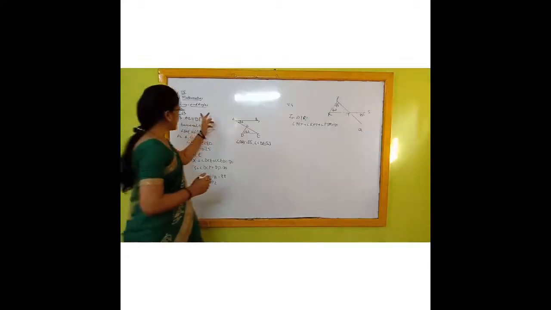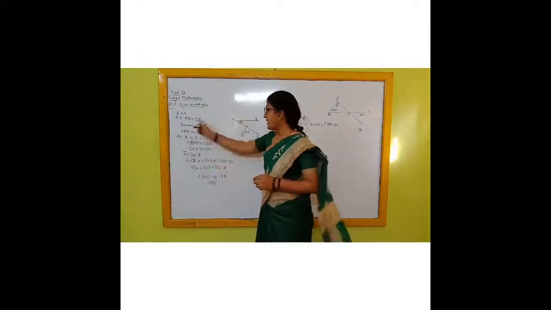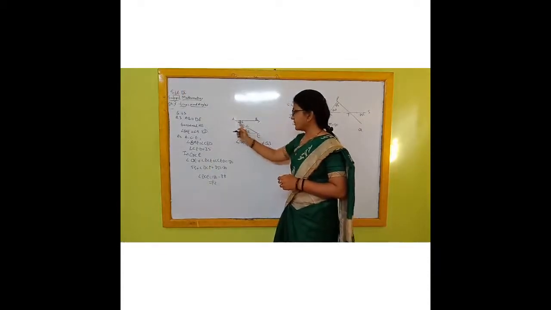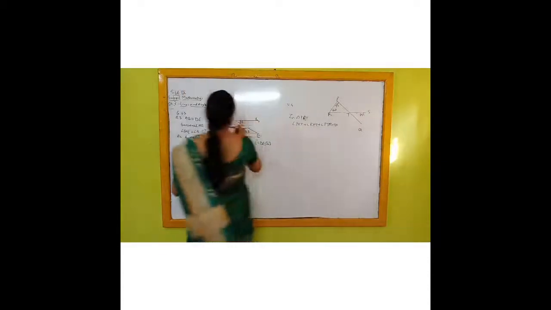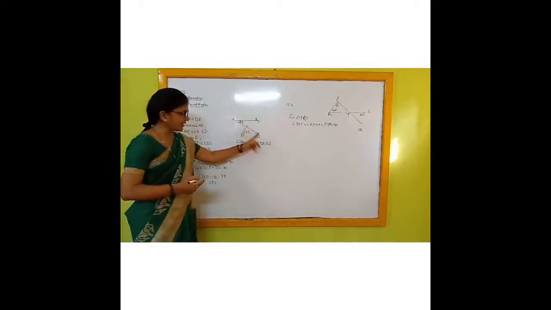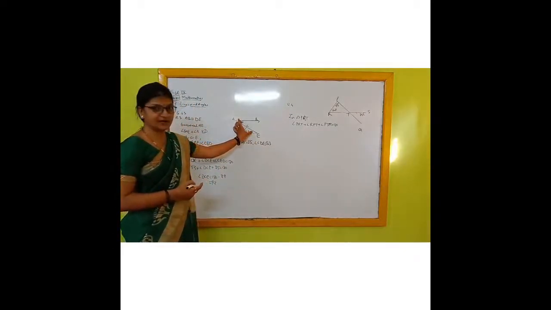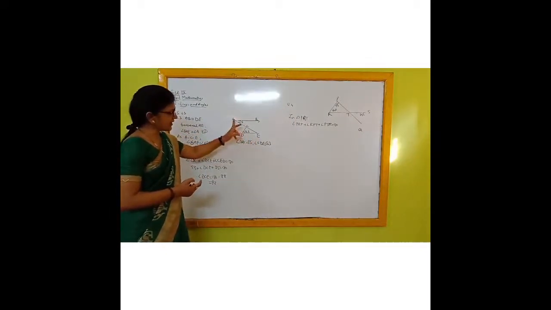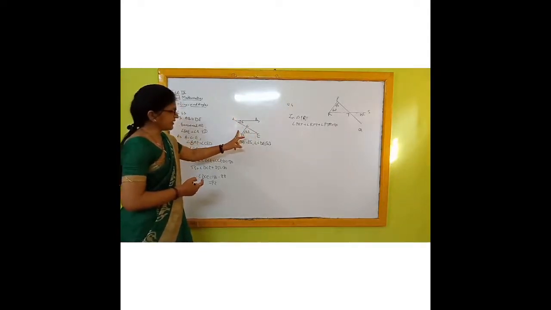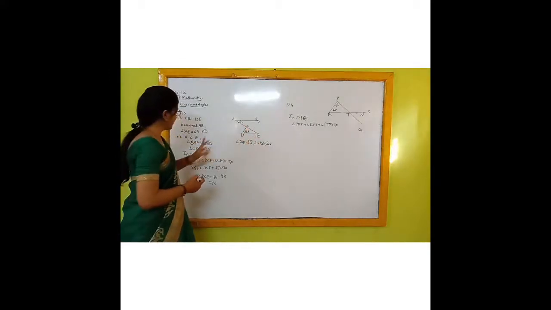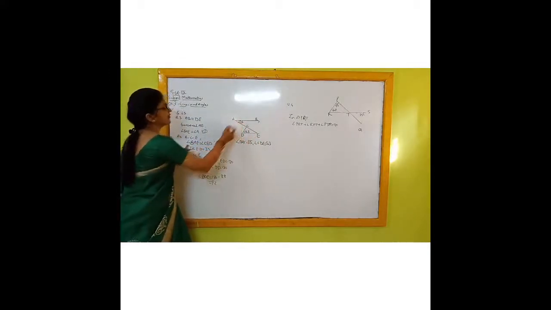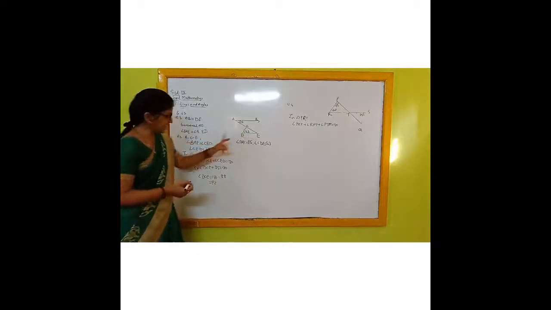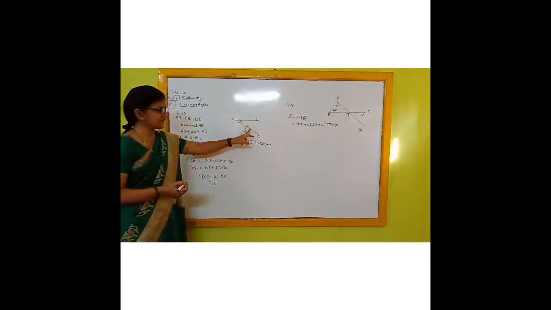Now Exercise 6.3, question number 3. AB is parallel to DE with transversal AE. Therefore angle BAE is equal to angle AED. Why? Because these two are alternate angles. As point C lies on line AB, angle AED can be named as CED. Therefore angle BAE is equal to angle CED. Therefore measure of angle CED is 35. As this is 35, this is also 35.